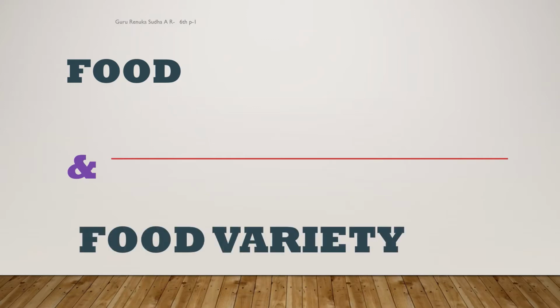So in order to understand your first chapter in science, you must have an idea related to the meaning of food and also food varieties. If you know about these things in detail, you can understand the sources of food in a better manner, and also the quality which is present in the food materials, which is very much needed to enhance our body capacity or health, and which is very much needed for our well-being.